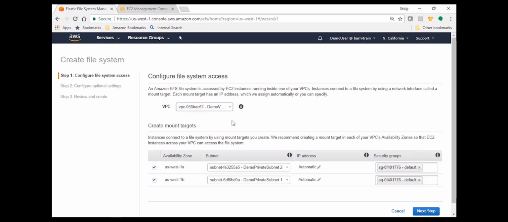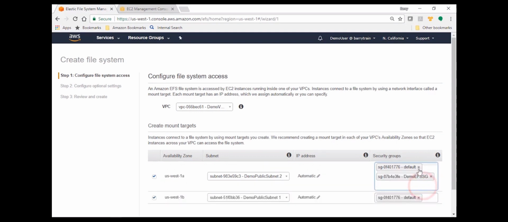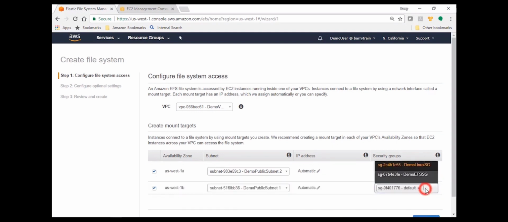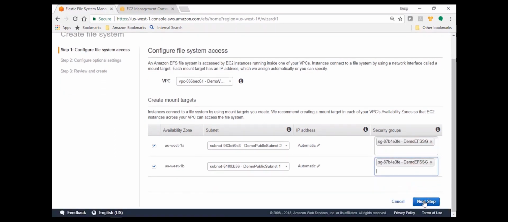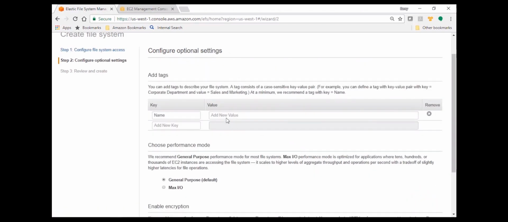Down below, we want to select the availability zones, subnets, and security groups that we want to use for our mount targets for our Elastic File System. I have deployed my EC2 instances in the public subnets, so I need to change that to the public subnet in both availability zones. And I've also created a security group called Demo EFS SG that I'm going to select, and I'm going to deselect the default security group because I'm not going to use the default security group for this demonstration. Now we can select the Next Step button, and this will bring us to a menu where we can enter